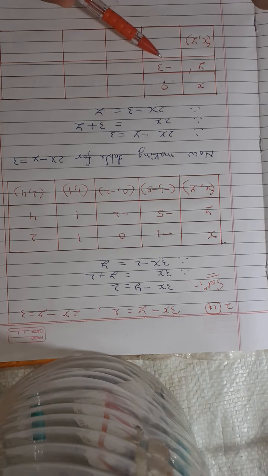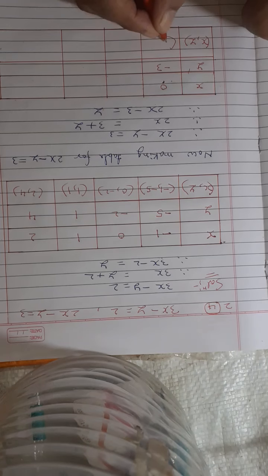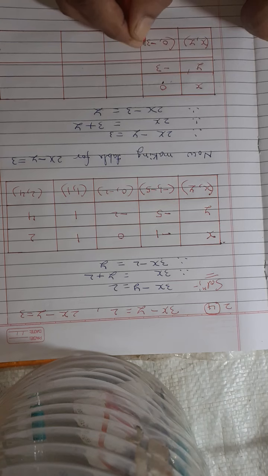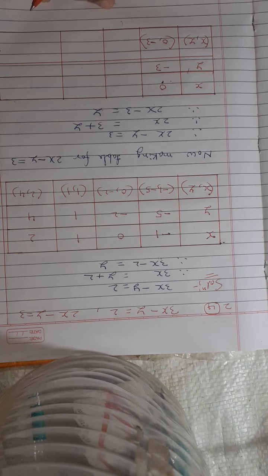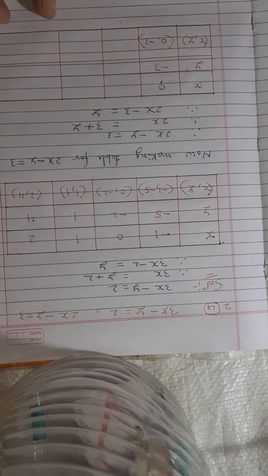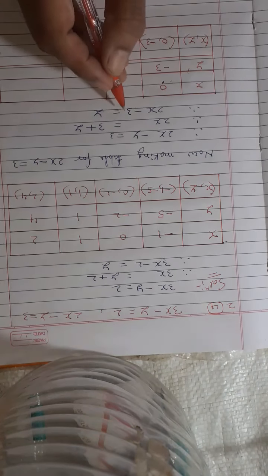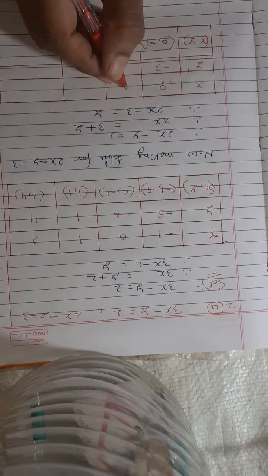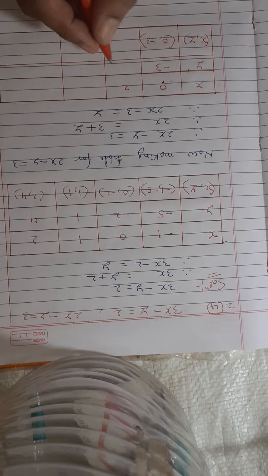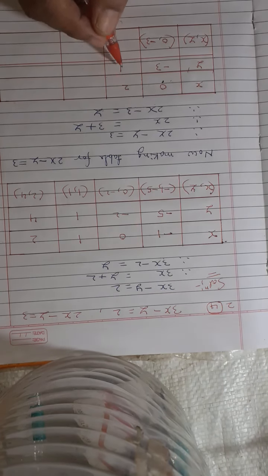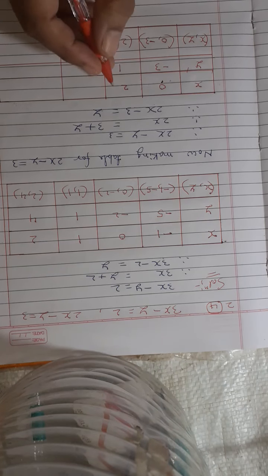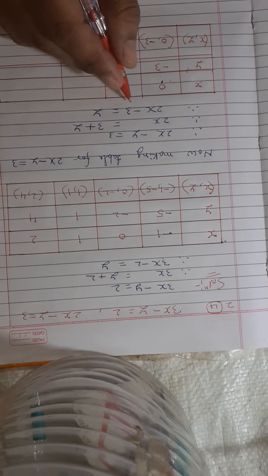So x is equal to 0, so y is equal to minus 3. So we are getting the value 0, minus 3. Clear? Okay. And x is equal to what? Suppose that we are taking 2. So 2 twos are 4, 4 minus 3, that is 1. Okay. So y is equal to 1. We got 2 comma 1. Okay. x is equal to, suppose that 3. So 3 twos are